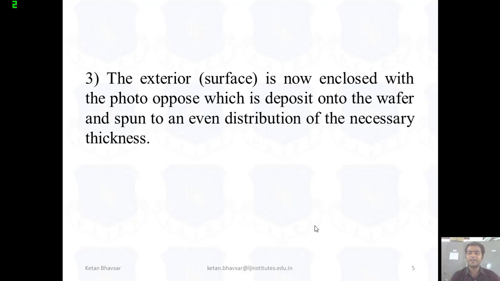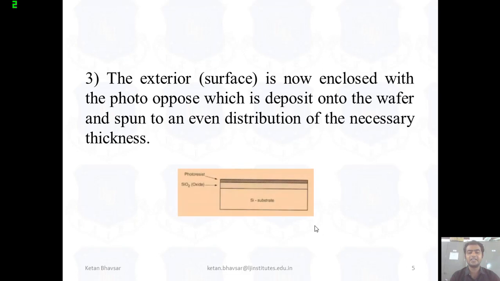The exterior surface is now covered with photoresist, which is deposited onto the wafer and spun to an even distribution of the necessary thickness. So as you can see, we deposited a photoresist material. There are two types of photoresist material, as we already discussed in the previous session: positive photoresist and negative photoresist.